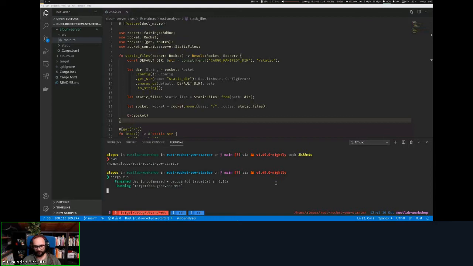Now, I've already compiled the project. It will take for you some time to compile, depending on your CPU. But at the end, you have a web server running, and you will see